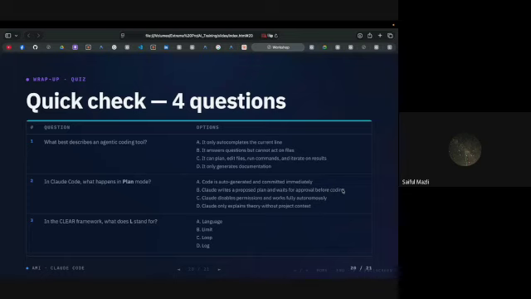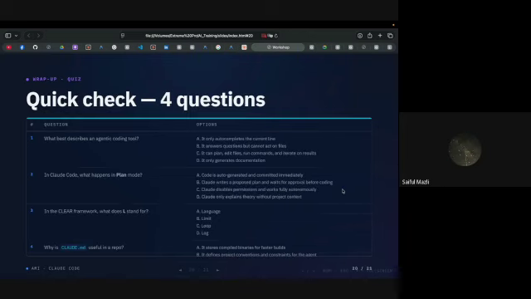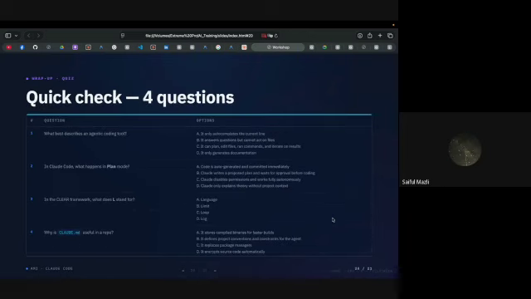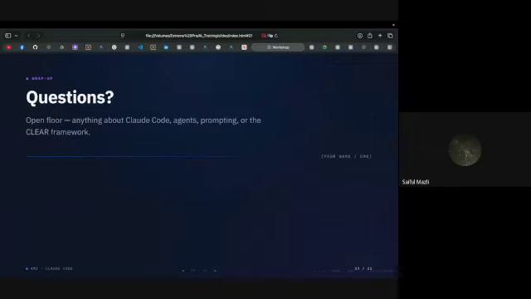In the CLEAR framework, what does L stand for? Limit. That's right. Why is Claude Code useful in a repository? Answer is B. It defines the project.